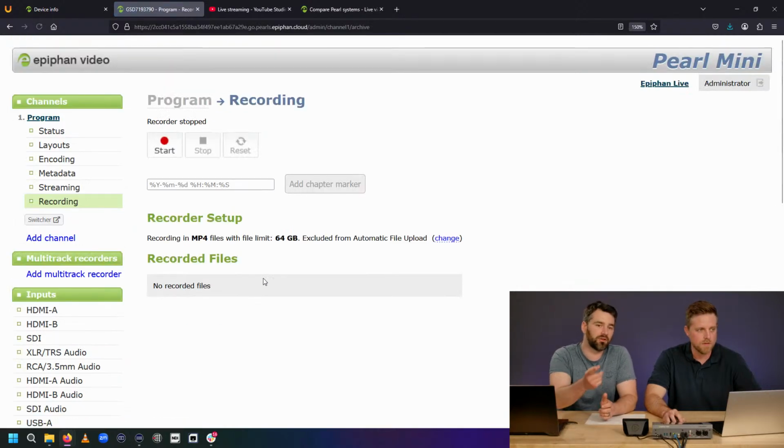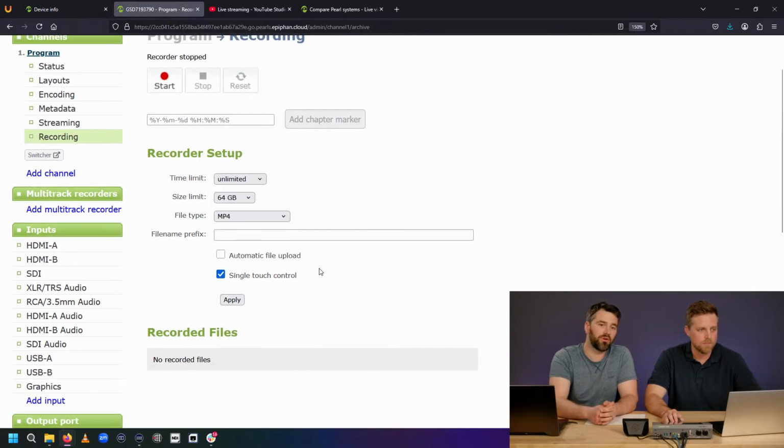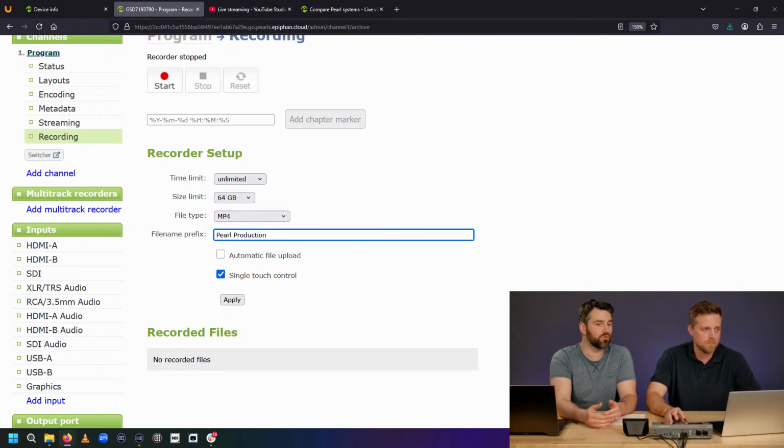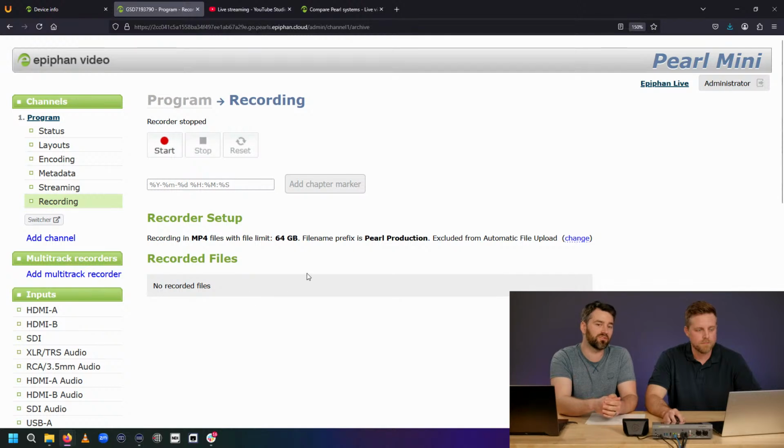All right. Finally, I want to press change there one more time, Dan, if you wouldn't mind. You'll see the file name prefix. If for some reason you wanted to name the files differently than the program name or the channel name, you can do that here. We see some folks do this with the API. So let's say someone walks into the room and wants to give their recording a name. They can have a field on a control panel, they fill it out, and then it changes the prefix, and you go from there.